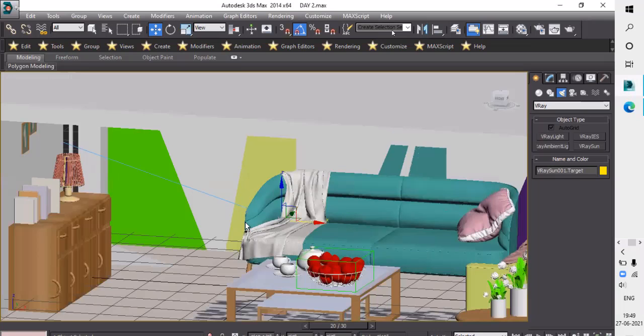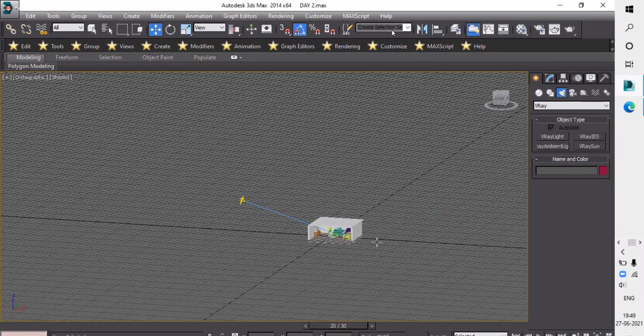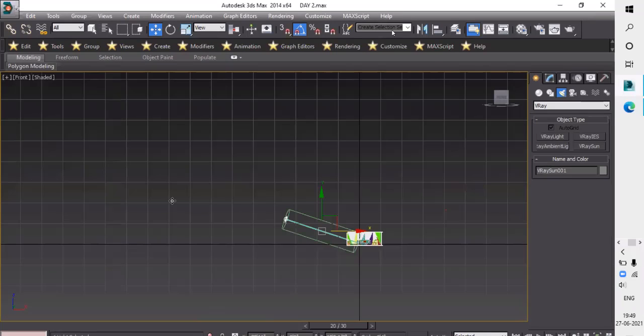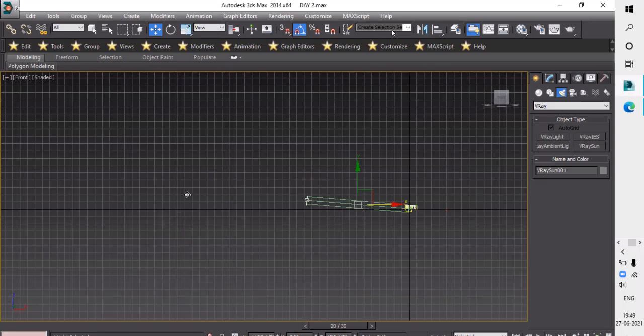Select this sun, go in front view and move it as I show here.